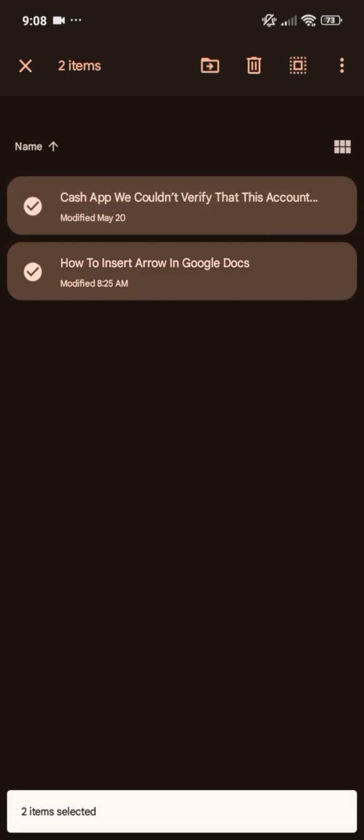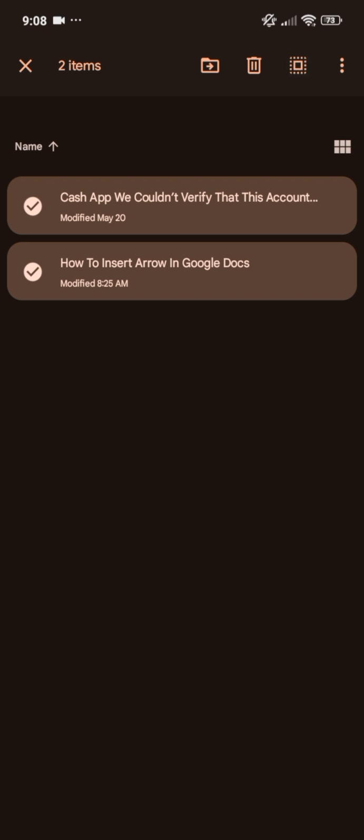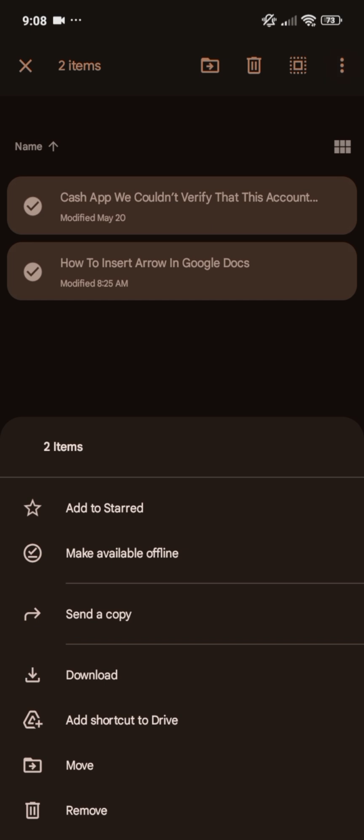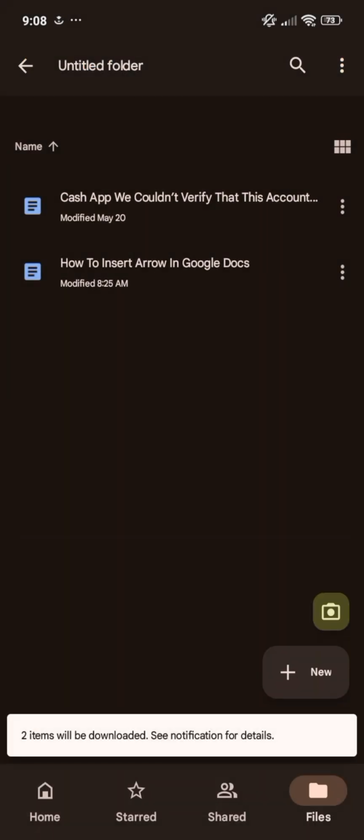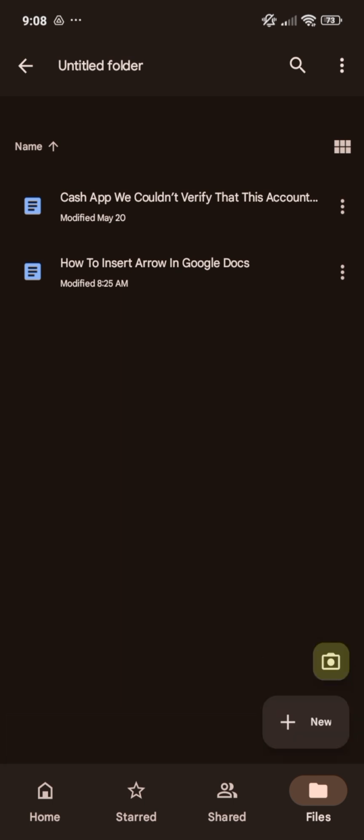So just click on this select all button. After you select one file, to be able to select all the files that you want to download inside that folder, click on the three dots and click on the download button, and all the files will start downloading on your device. And that's how you can simply download a Google Drive